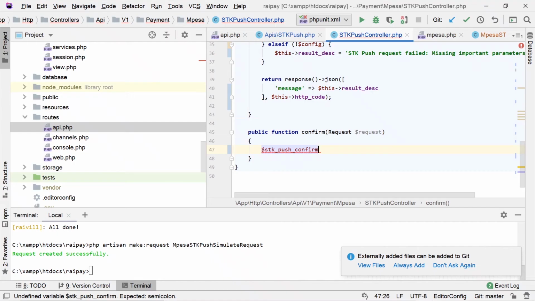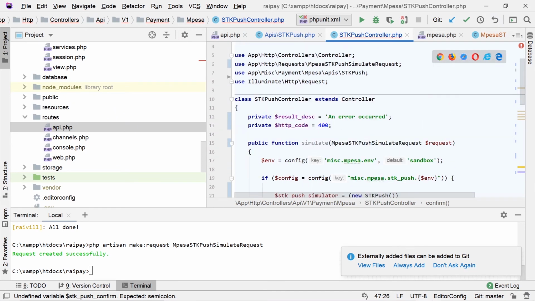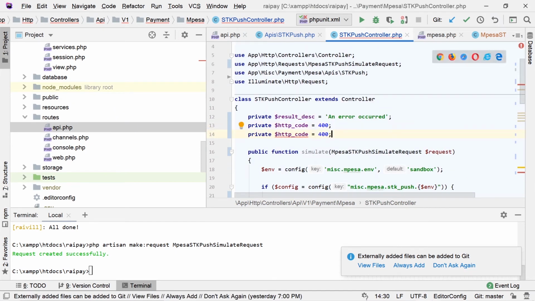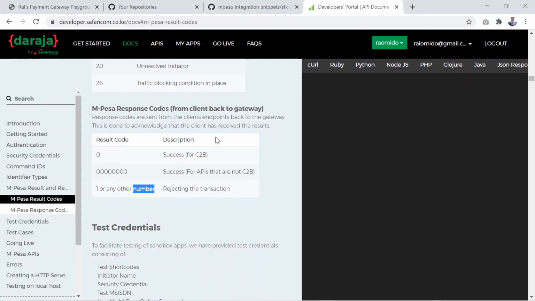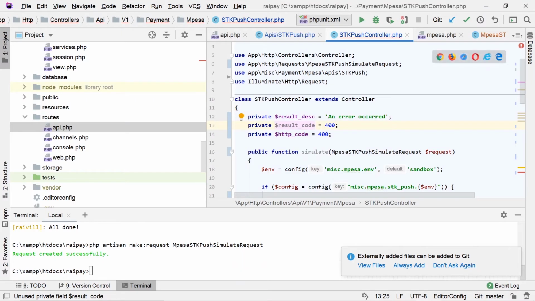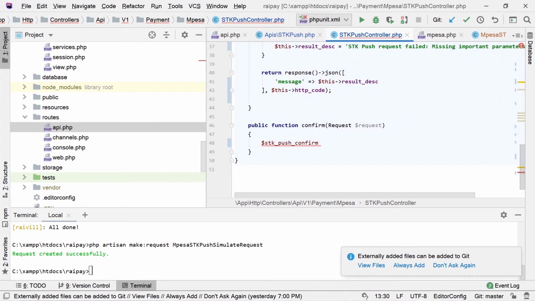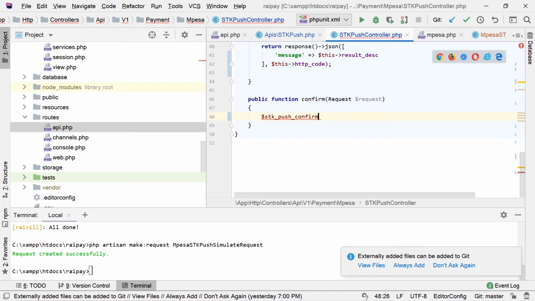So in order to implement that in our code, we're going to have a result code, and that will be 1. So by default we reject. Cool. So once we do that, now